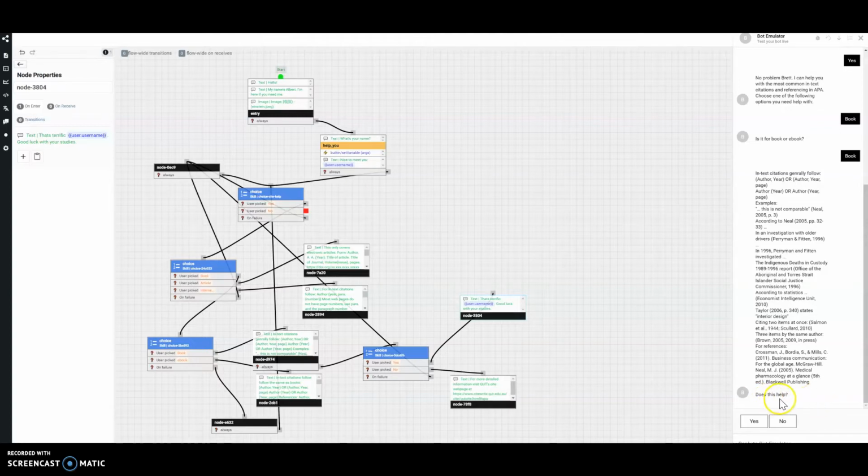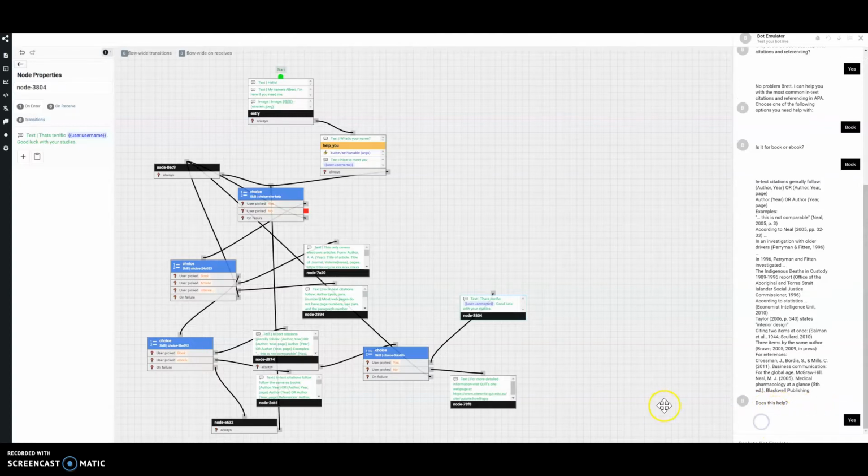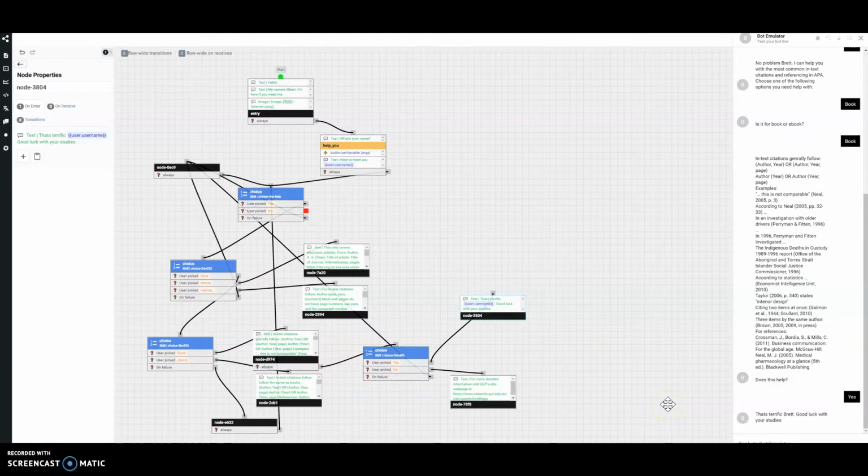Now he's asking me, does this help? I'll just say yes. That's terrific, Brett. Good luck with your studies. So that node is actually here. I picked yes, and it picks it up here. Now if I wanted to add to that,